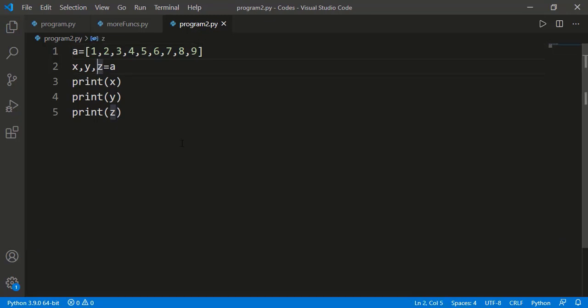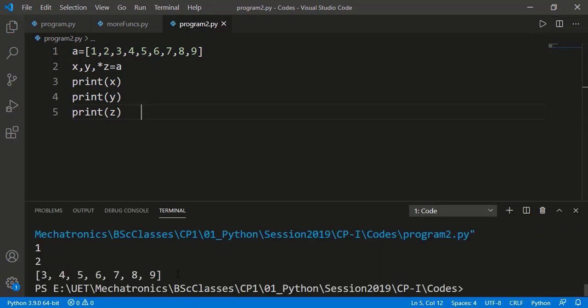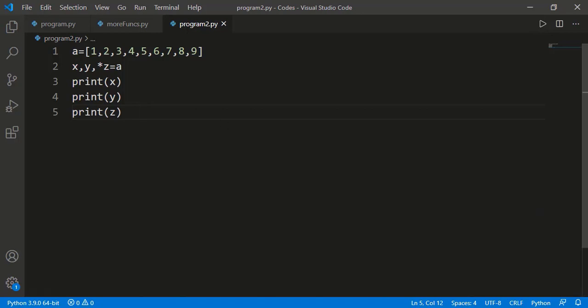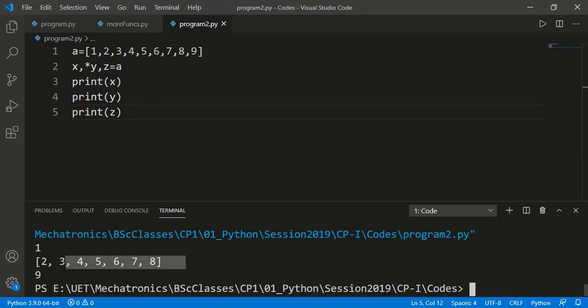But if I place one asterisk with any variable, for example z, then first and second elements will be unpacked to x and y, and all remaining elements will be assigned to z as a list. If we have the asterisk with the variable y, now the first element will be unpacked to x, the last to z, and the middle elements will be assigned to y as a list.